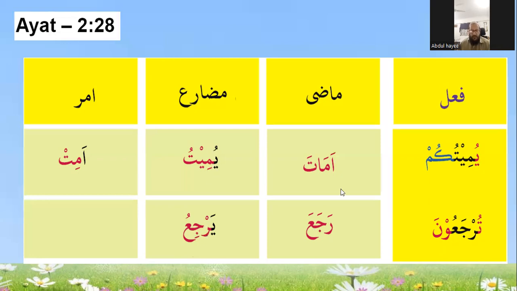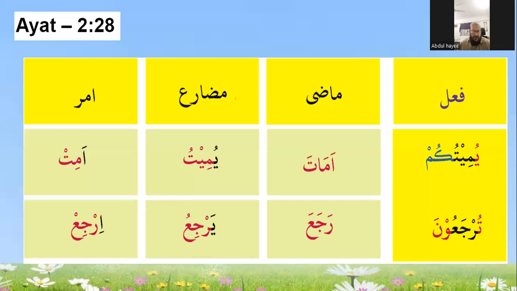Yarji. Look here, amata, eat. The central letter has kasra. Now I make the amal. Remove this ilamat mudari. Make it sakun. It can't be read out because the ra is sakun. When you put the hamza, what should I put on the hamza? Fatah, kasra, dhamma, what? Kasra. Mostly the third part is kasra. The jim is telling me it's a kasra, so it should take kasra. So irji.